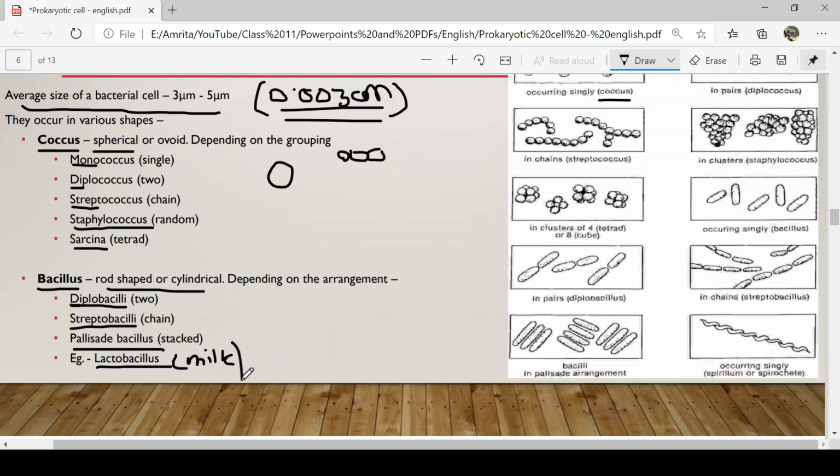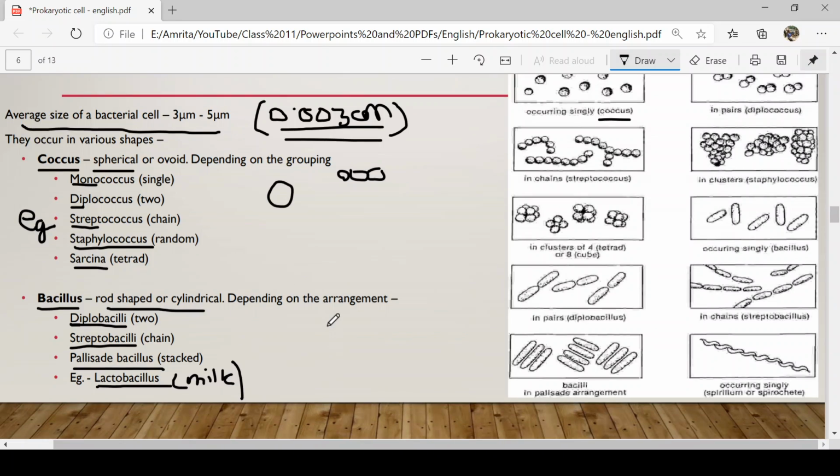Here the examples are Staphylococcus and Streptococcus, and Sarcina too. All of them are examples themselves, which is why I haven't specifically written any other example. Next we'll move on to the